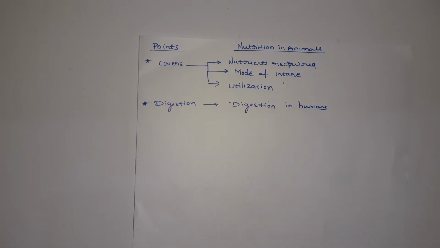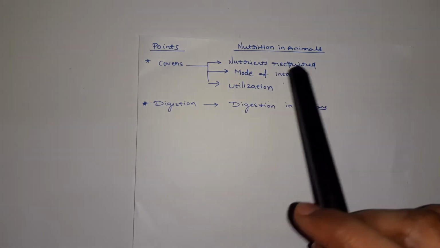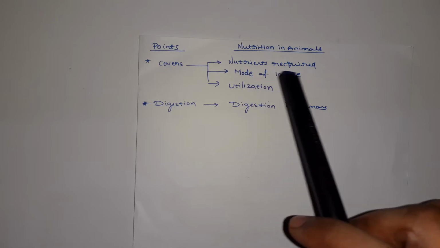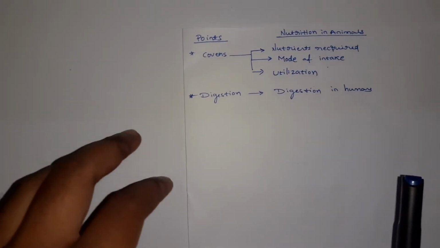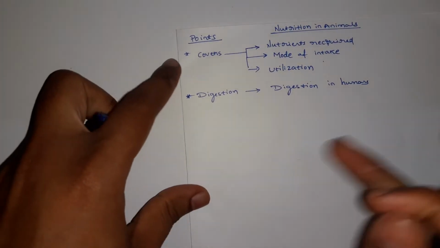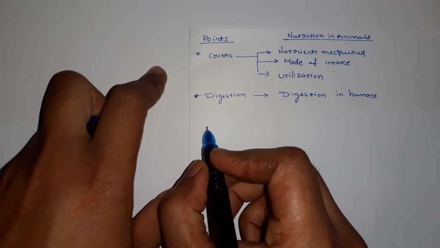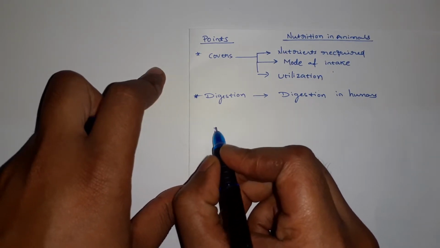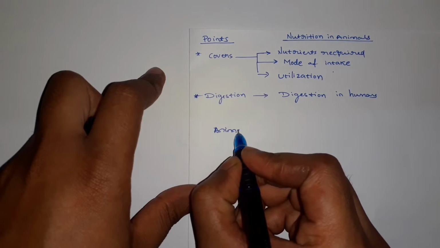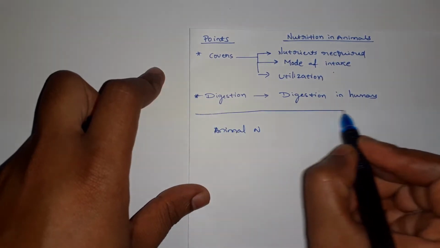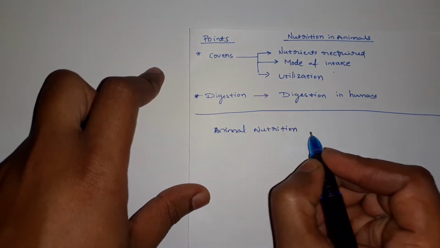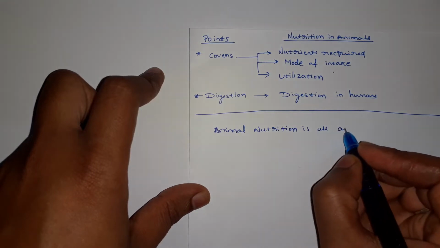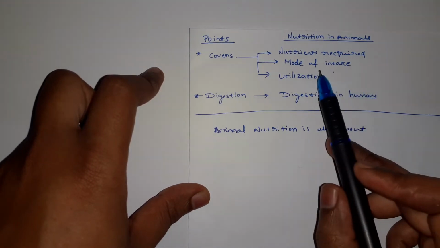First, what do you mean by animal nutrition? Animal nutrition is all about the nutrients required for the animals, the mode of intake, and how it is utilized. If the question arises, what do you mean by animal nutrition? Animal nutrition is all about